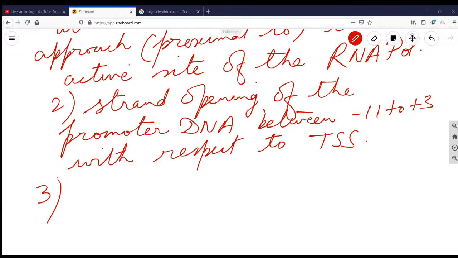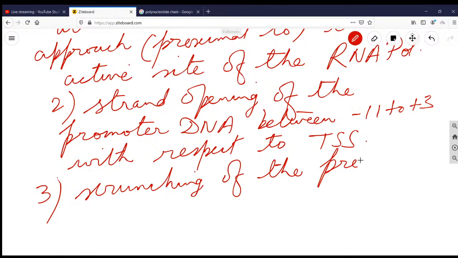After that, the promoter will be further scrunched, further you can say squeezed, and it will be put into the active channel so that the active channel can grab the entire promoter. Okay, so scrunching of the promoter DNA so that the binding is proper and the recognition of the promoter DNA